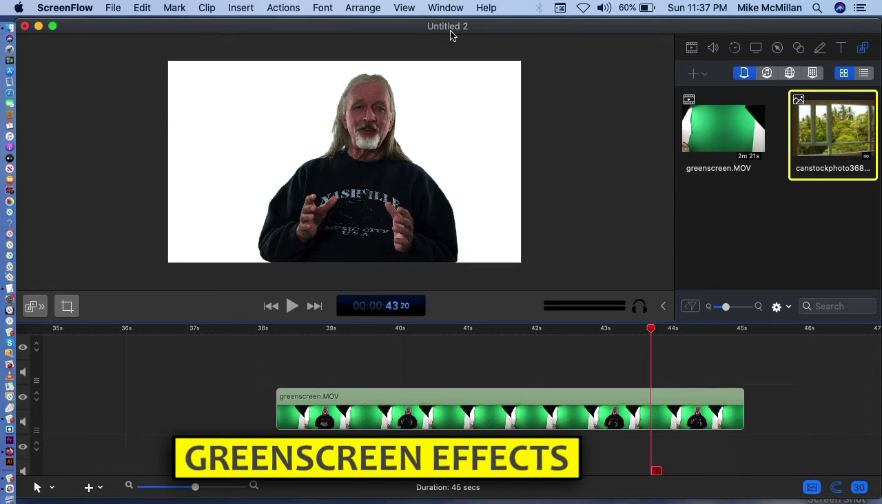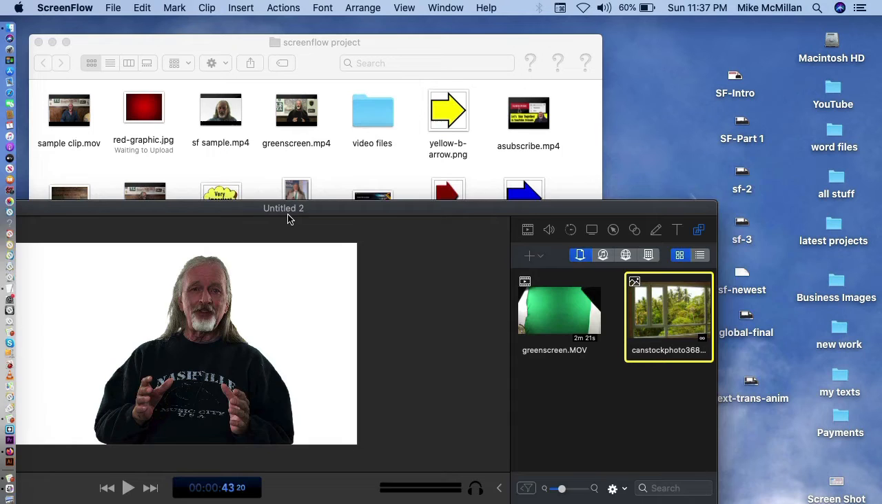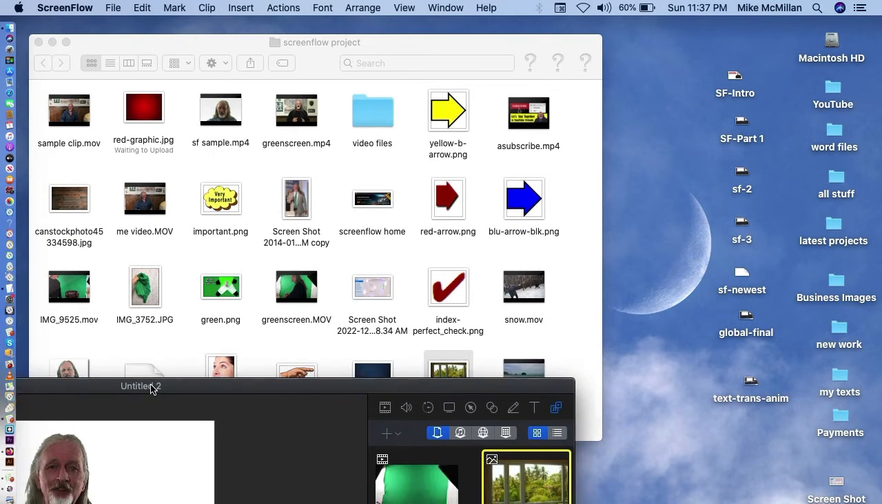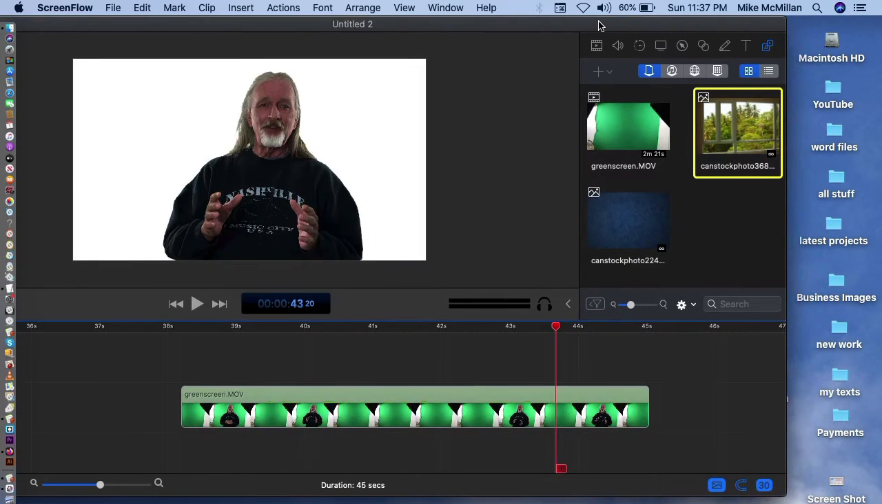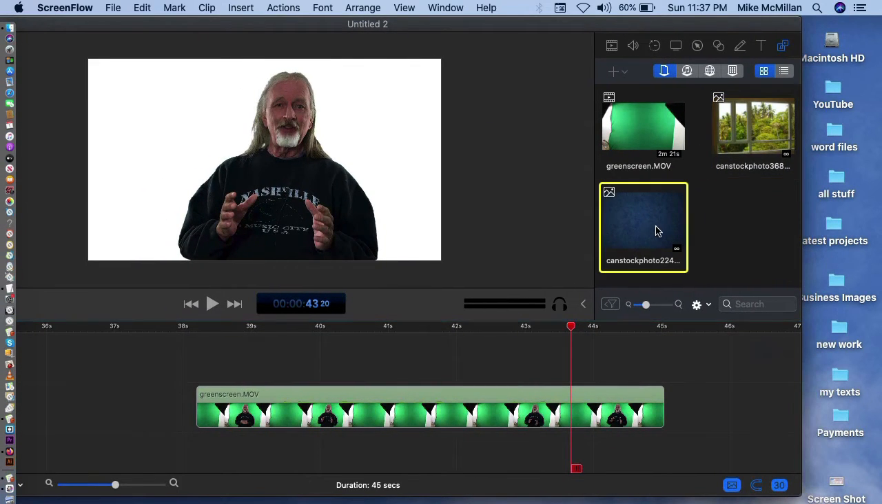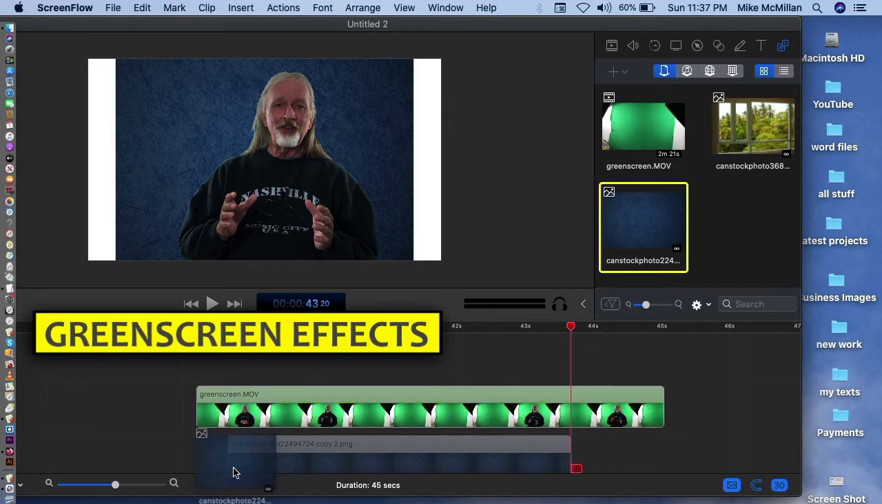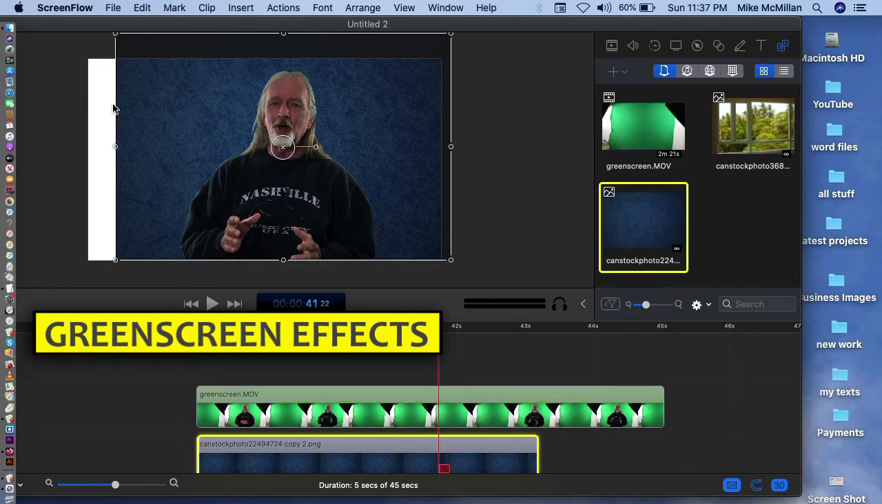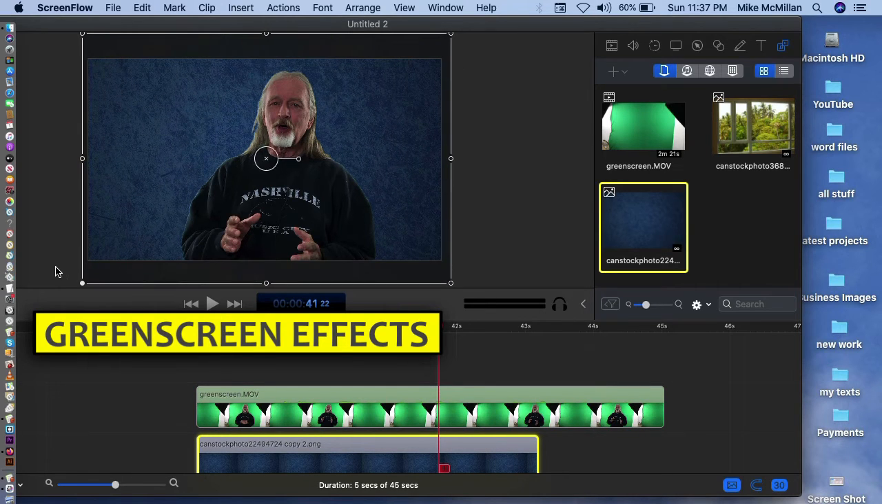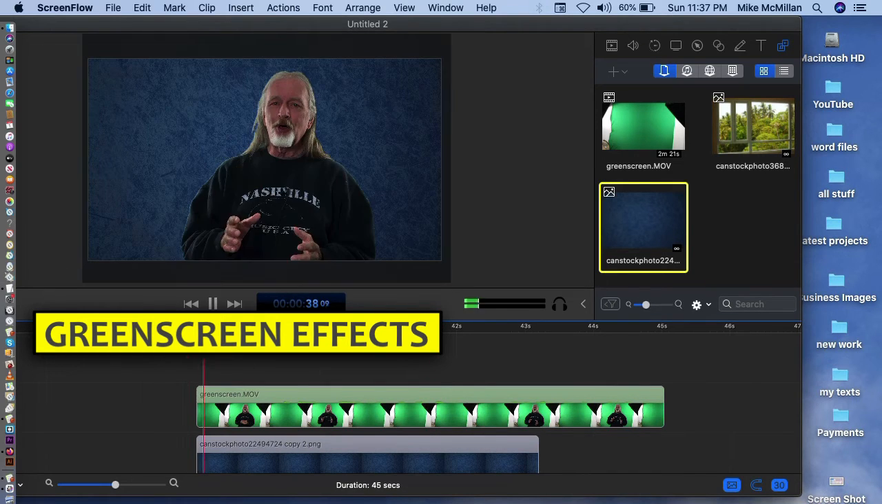I could take that out, and we could bring in... it doesn't matter. I've got a blue background right there, and I could bring this back up and use that blue background, drag that in, and put it in there behind me. Again, I would need to stretch this out. It doesn't cover the whole thing, so I'll stretch that out and make it bigger so it covers the whole canvas. And now when I play this, it looks like I'm in front of that blue background,